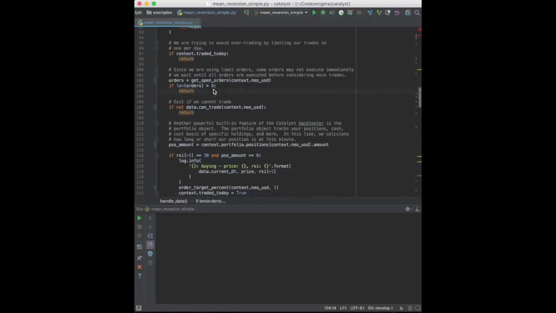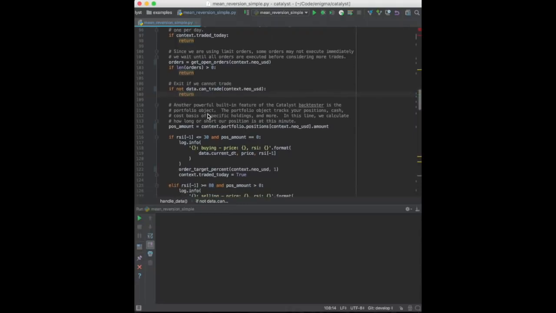Then, we exit if we have open orders. Orders don't always execute immediately. We don't want a queue of orders, which might force us to use leverage. Finally, we verify that the currency pair can trade. It can usually trade on cryptocurrency exchanges, which run 24/7, but sometimes there are some special holds which prevent trading